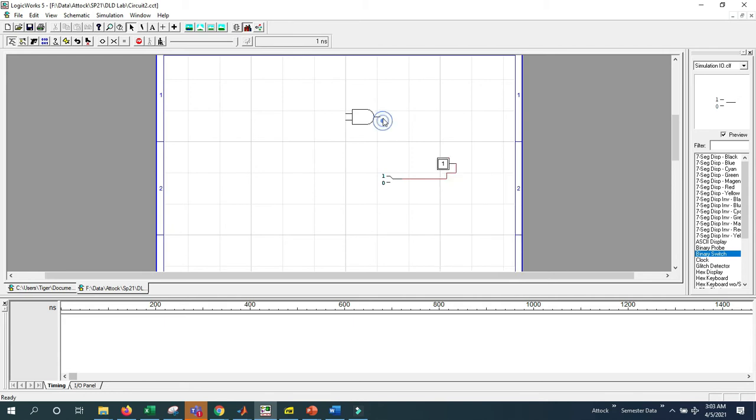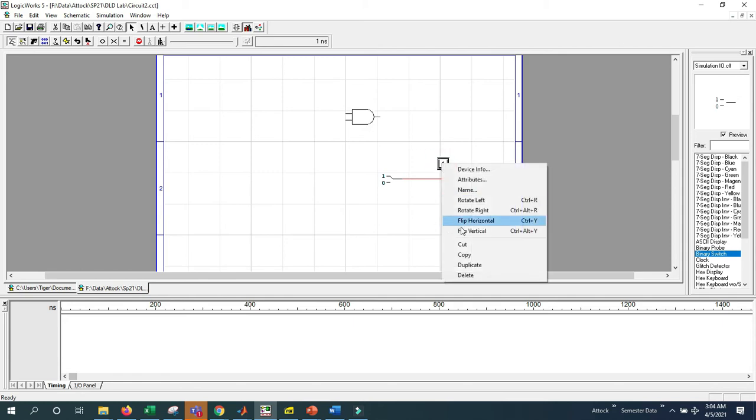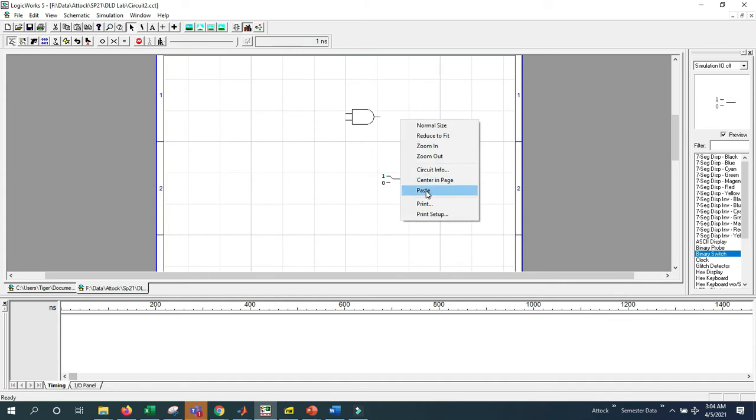Now we will see how the AND gate will be connected in LogicWorks. First of all, we need 2 inputs and 1 output to simulate the AND gate. We can simply click and copy, we can directly paste, and this will be pasted.